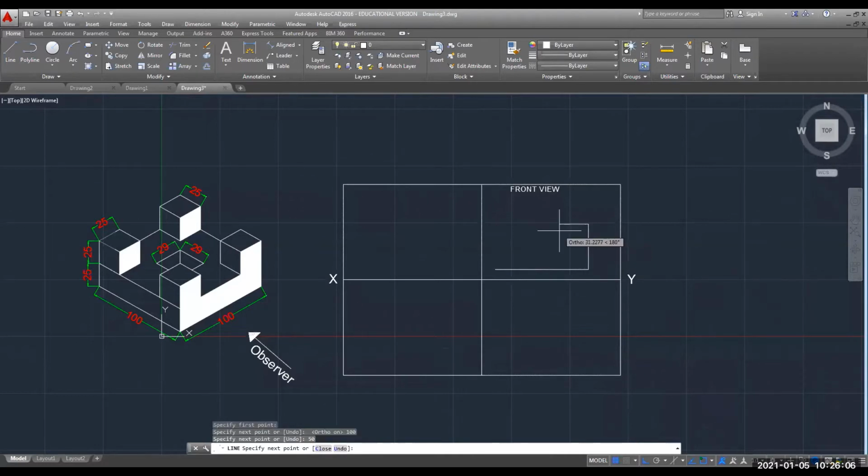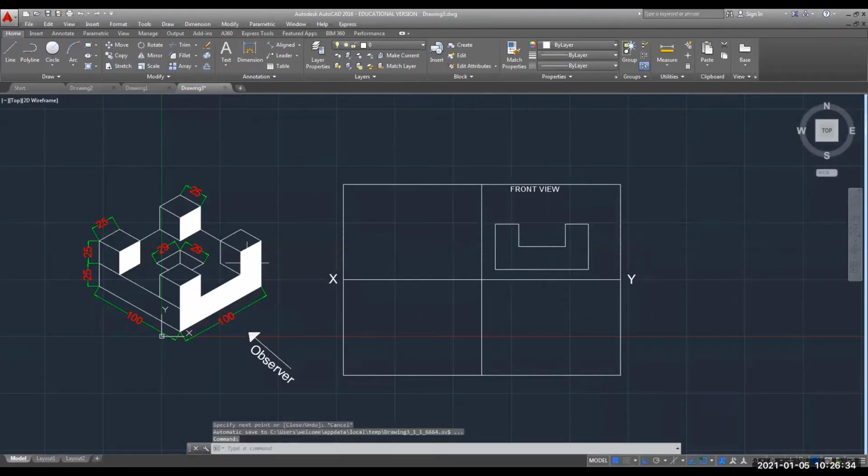Again, you have to come in this direction, 25, downward direction 25. Again in this direction, how much? 50. Again in vertical direction, 25, and you can close this.